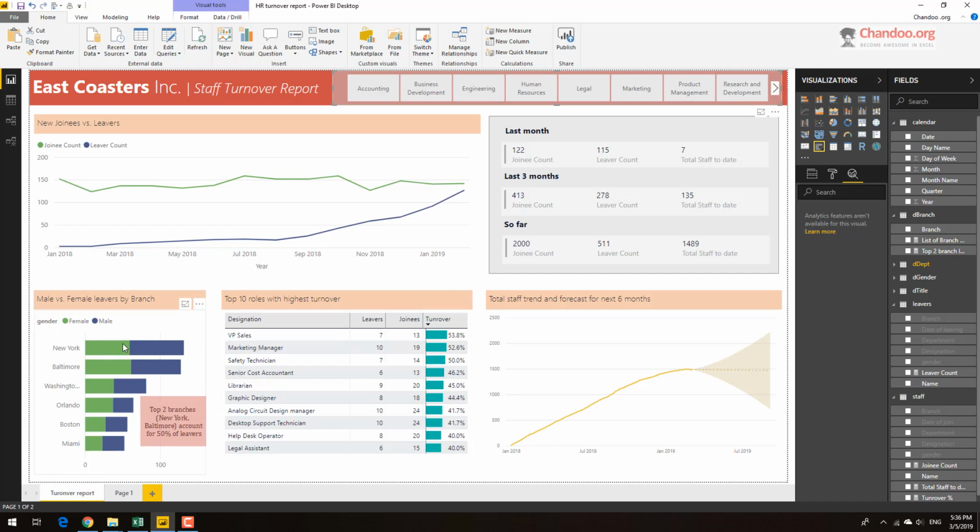Now, after creating this, I wanted to make sure that there is a little bit of information provided on where this attrition is happening, the maximum amount of leavers, where are they. So I wanted to write something like top 2 branches account for 50% of leavers. But how do you get that? So this is actually a card visual that is displaying some text that I have generated through a measure. So this is my top 2 branches